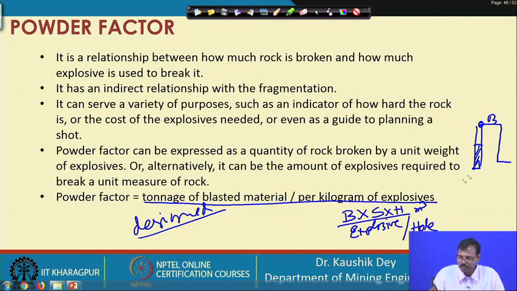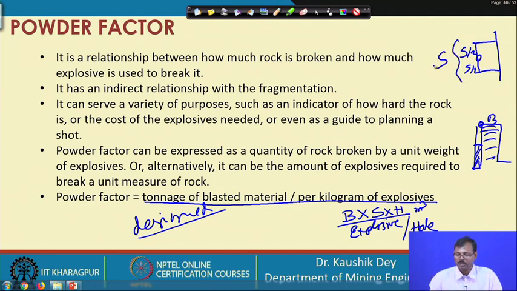That explosive quantity is expressed here, and the material excavated is considered this one, which, looking at the plan view, has an influential area of S by 2 on this side and S by 2 on this side, which is nothing but the spacing distance S. So, the total volume of material excavated by blasting this hole is burden into spacing into bench height, dividing it by the charge placed in that hole, which may be considered the designed powder factor for